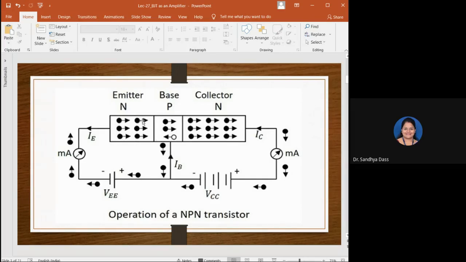So as I said, the emitter is highly doped compared to the collector as well. Okay. Emitter is highly doped means the concentration of electrons, the majority charge carriers in the emitter, will be more. All right. So they get accelerated towards this terminal, which is connected to the positive supply of the battery. All right. So the electrons try to move. All right. But before biasing, if there was no biasing, what would have happened?